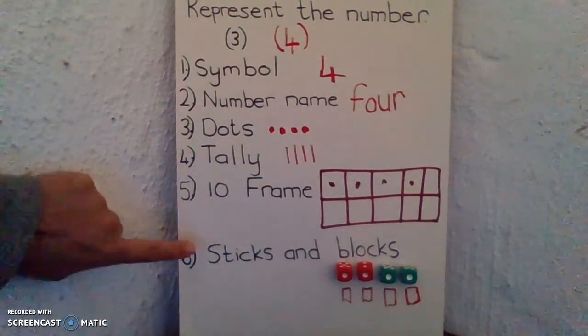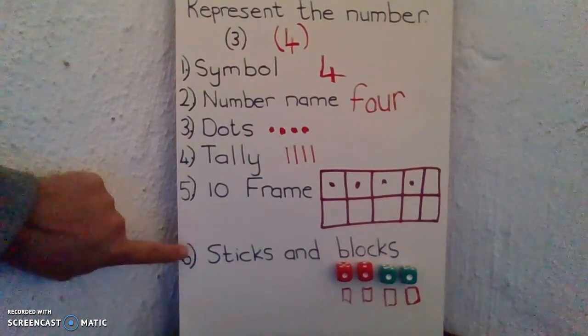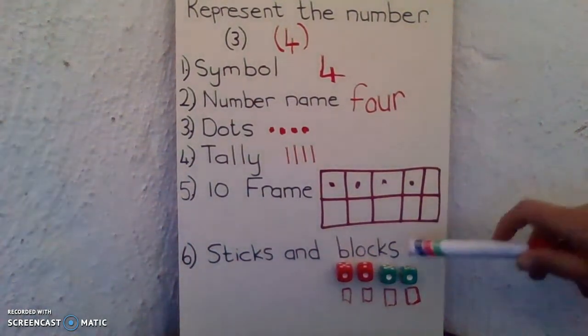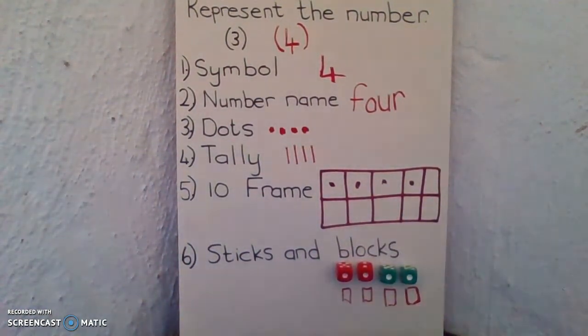Remember, when you're doing small numbers like 1, 2, 3, 4, 5, 6, 7, 8, and 9, you only use blocks. But when you make big numbers like 10, 11, 12, 13, 14, and 15, you need to use sticks and blocks. Why don't you practice with some